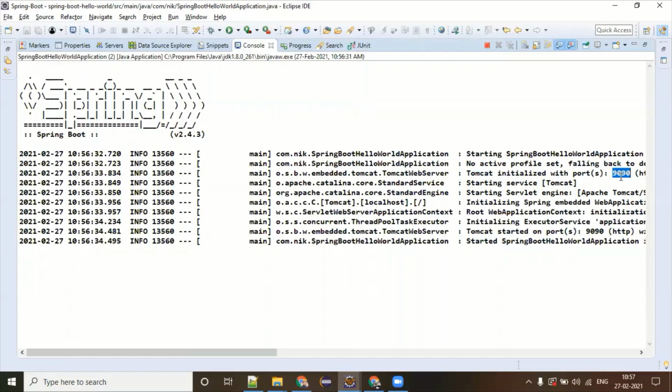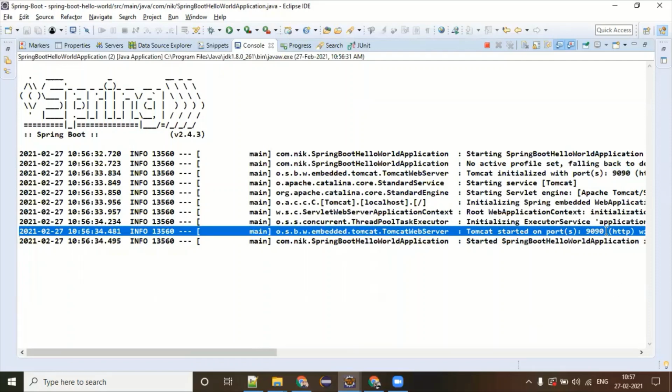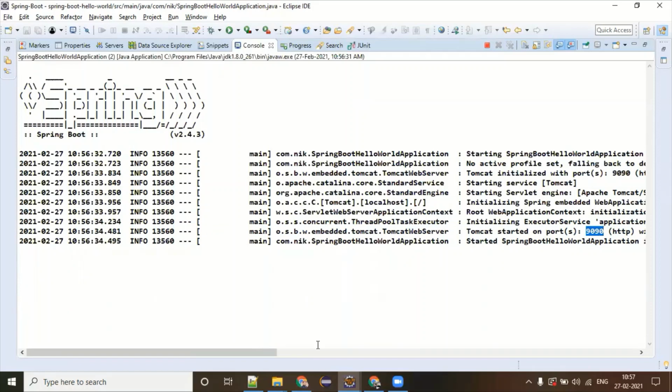Whenever any configuration is provided by you, it overrides the default configuration. Like you have given a port. So it checks whether there is any information provided for the port, and the Spring Boot engine found yes, there is port information given. So it has overridden the complete configuration related to the port wherever it is used. Now at the end you will be able to see Tomcat started on port 9090, whatever I have given.